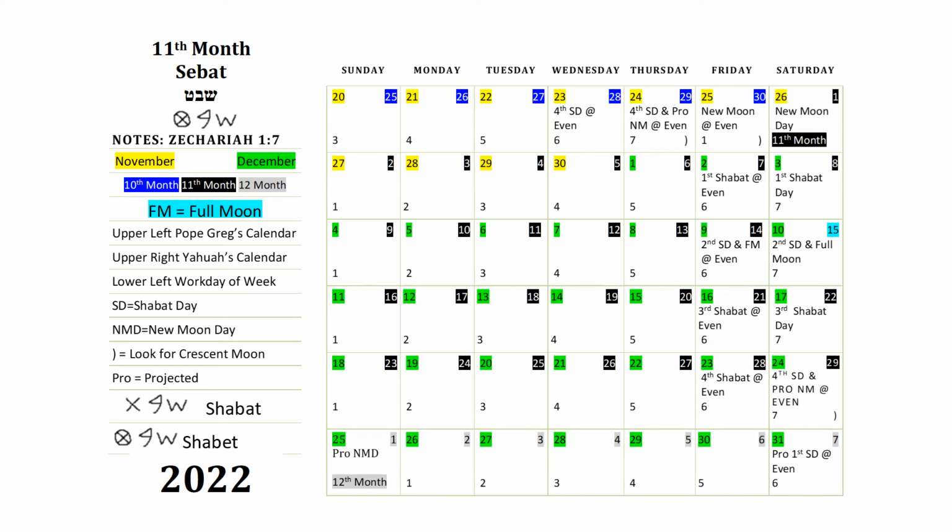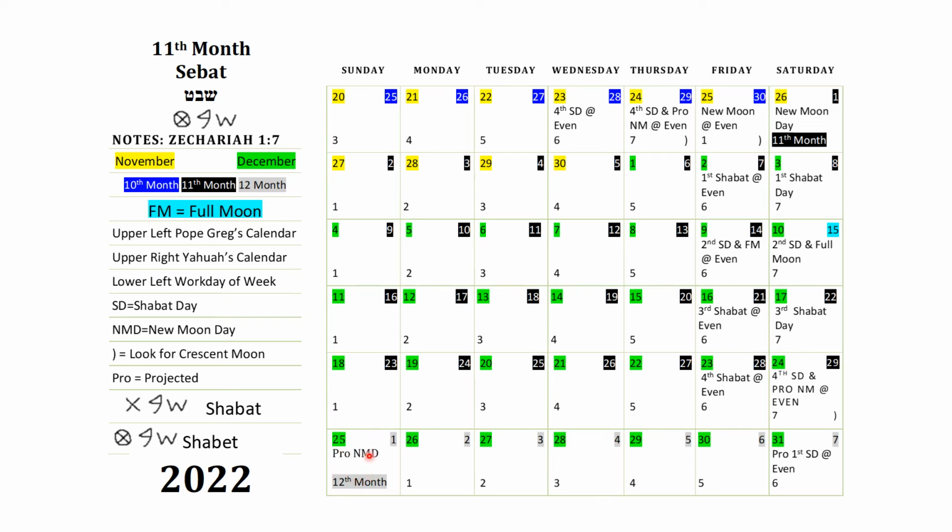Okay, brothers and sisters, this is our last line. So we're gonna go over a few things. You see that in the previous line we have the crescent moon here. Over here, got to start looking for the crescent moon. It's projected to come out on Saturday evening, and so that will make our upcoming Sabbath on Sunday, on the 25th of December.